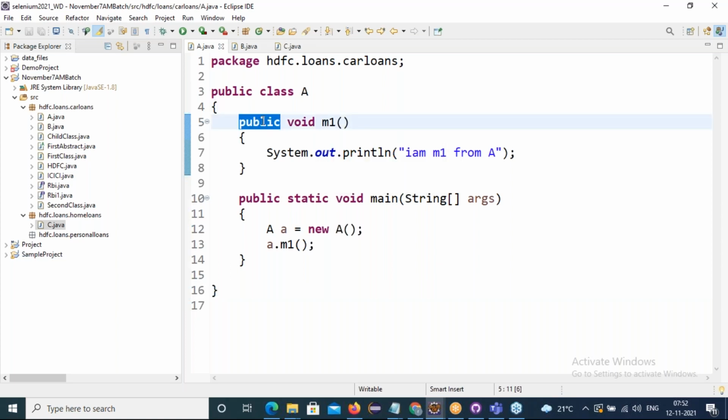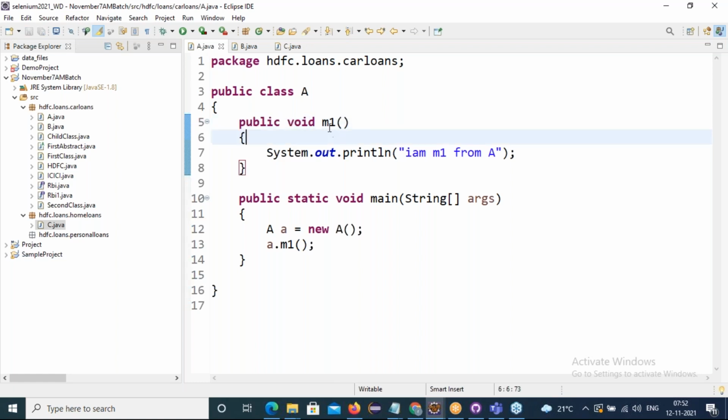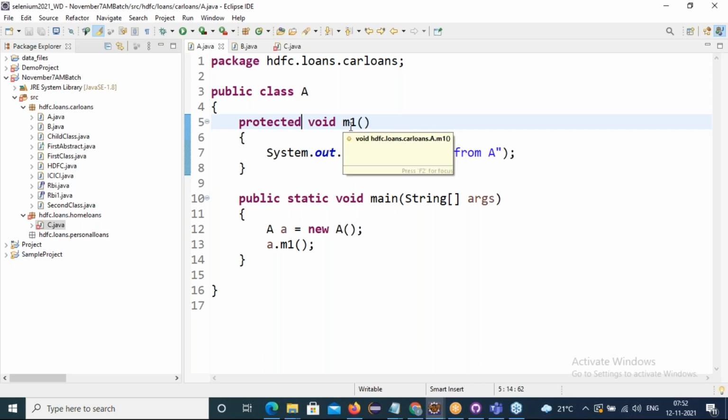The default method comes like a triangle. Public methods will be green color dots. Now coming to the protected method, the color is a yellow color diamond. Here a protected method is a yellow color diamond.